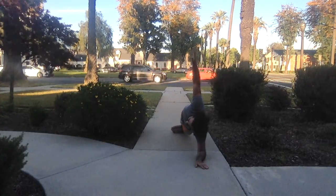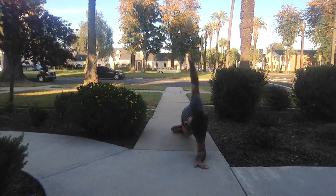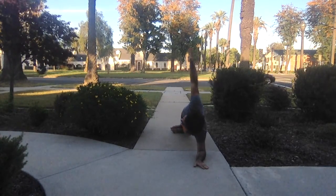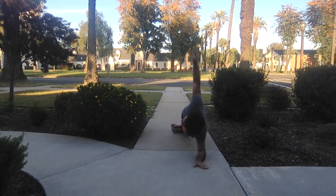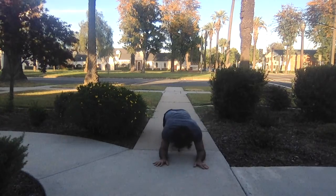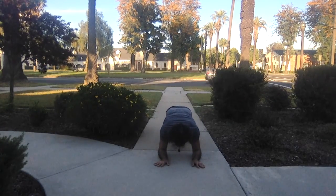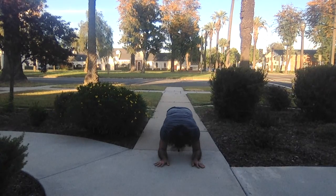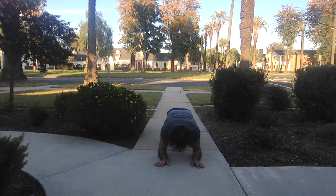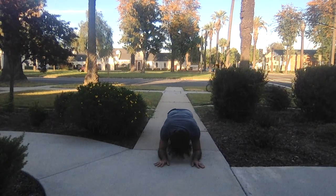See again if you can get this nice external rotation. Bring the left forearm parallel to the left edge of your mat. Release the right forearm down. Forearm plank, both forearms on the mat. Tuck your tailbone, engage the core. Press into your forearms, hold here, breathe, or if you want, straighten your arms, press into your palms for a